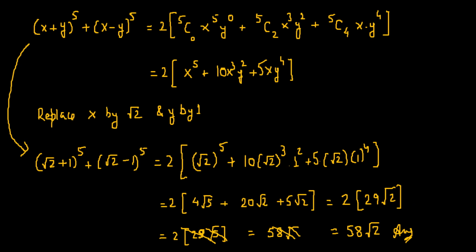Okay, let's do another one similar to this question. So the next question is, using binomial theorem, we need to prove that root 2 plus 1 raised to the power of 6 plus root 2 minus 1 raised to the power of 6 is 198. Okay, so that's easy peasy. So we know